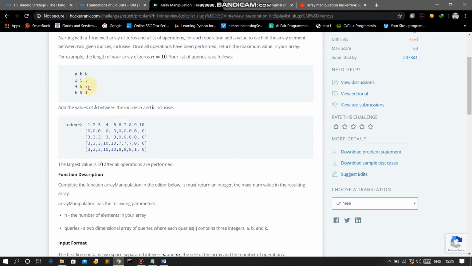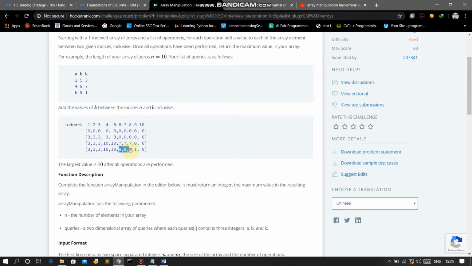It means you have to add 3 from 1 to 5. So 3 is added from 1 to 5, then 7 from 4 to 8, and then we will add 1 from 6 to 9.